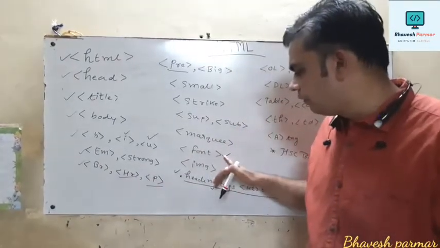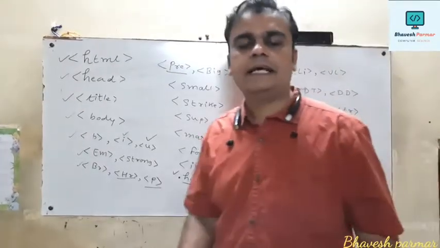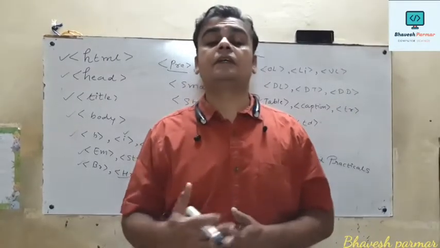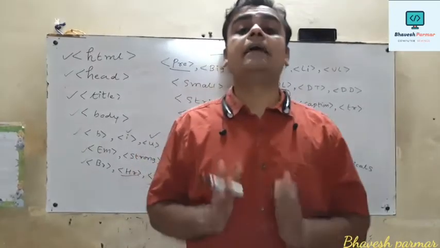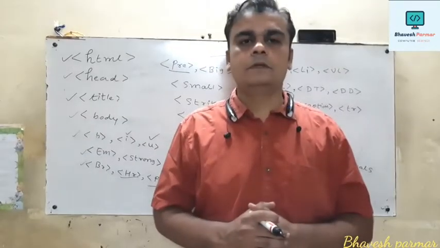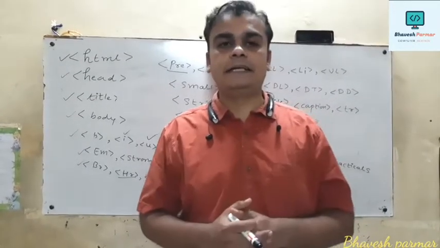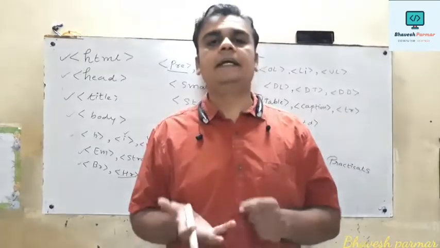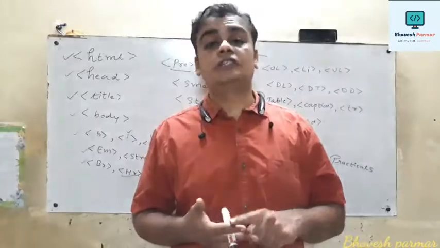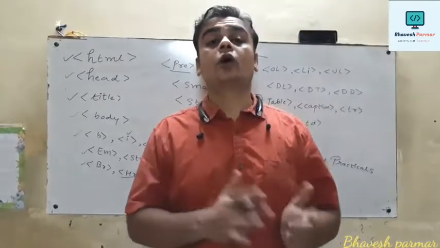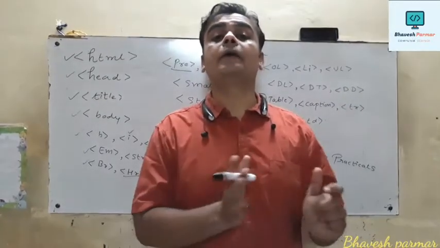Now after completing the font tag, the next tag is the IMG tag. What is the role of the IMG tag? Suppose a user wants to insert a number of different images in our web page, in that case the IMG tag is beneficial for us. HTML supports many different image formats that we have already studied. Which are these formats? Generally it supports .bmp, .jpg, .jpeg, .gif, .png, .tiff. These formats are widely supported by HTML.